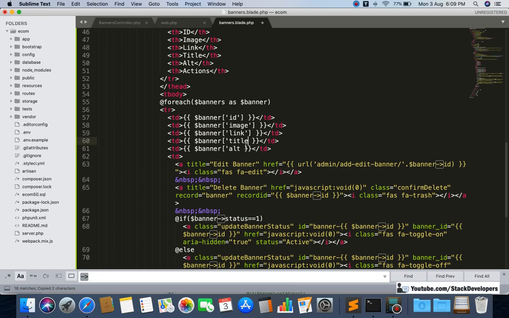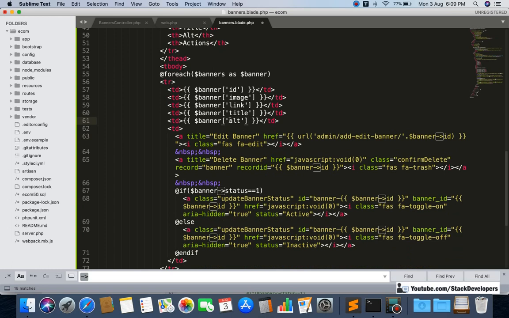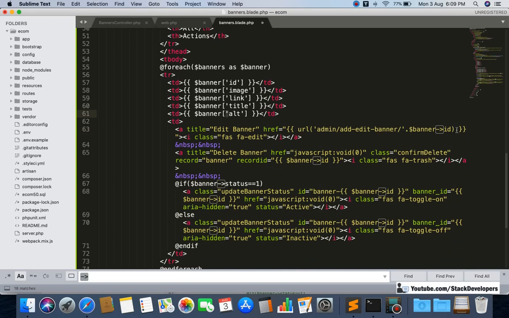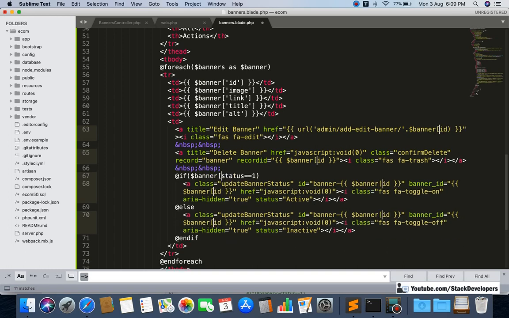Make sure you know about this thing. We are passing array this time, so most of the time we are going to use the array for the front end. Anytime we need to use the array function, it is really helpful for us. So always try to use the array. It is only one additional step, but it will really help you. Okay, so here as well.